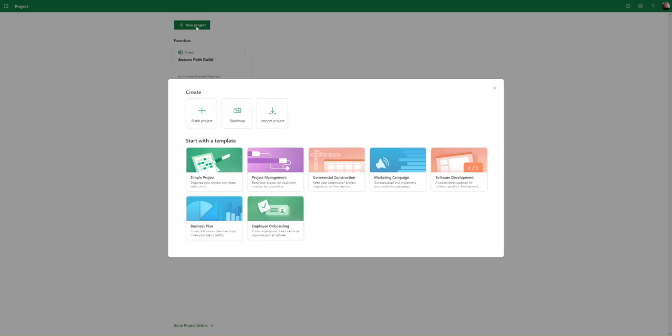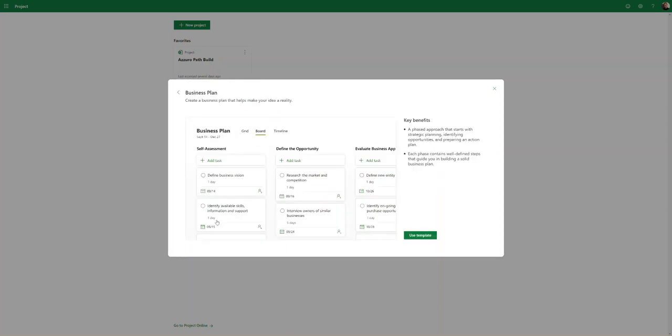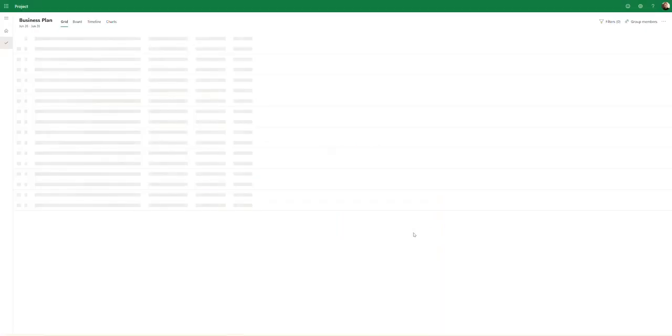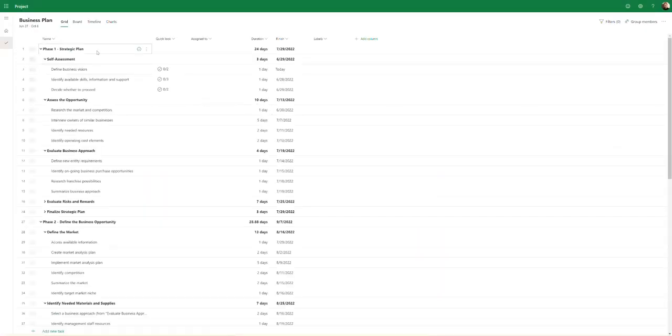When you click on the new project button, you have the ability to create a blank project or even import a project from a Microsoft Project schedule. I'll show you how easy it is to create a simple project. You also can create projects based on some of the simple templates, so we can pick one that creates a business plan. We can use a template,